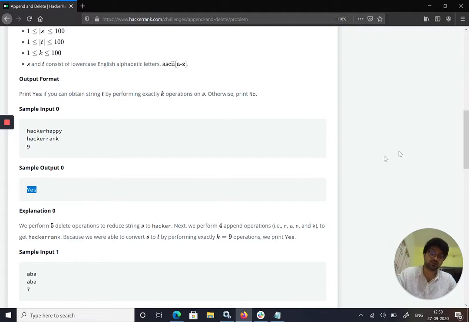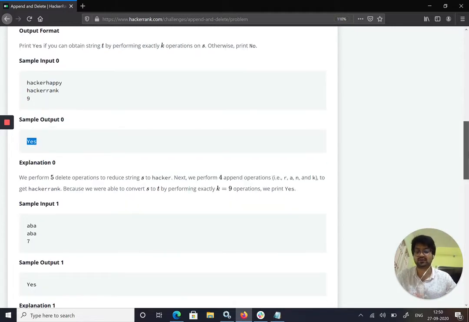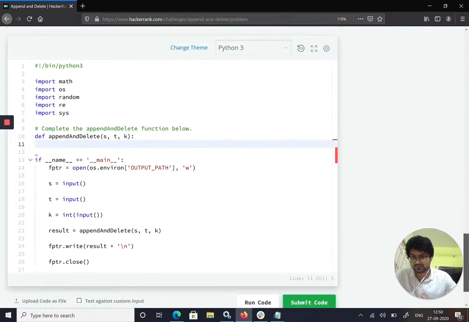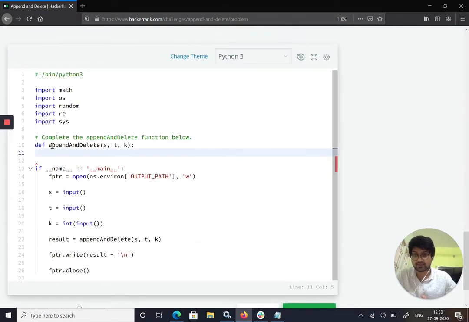I hope you guys understood what the problem is, and now we need to solve it in code. So let's start guys. We have the function here, append and delete. Here s is equal to input and t is equal to input. Usually we give input with the help of the input function, and here the number of moves is also given.